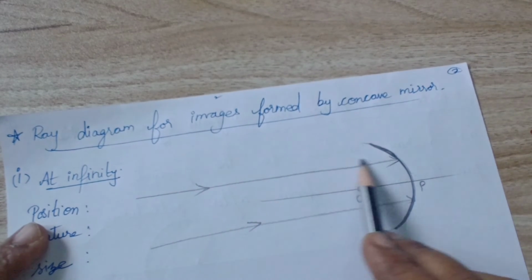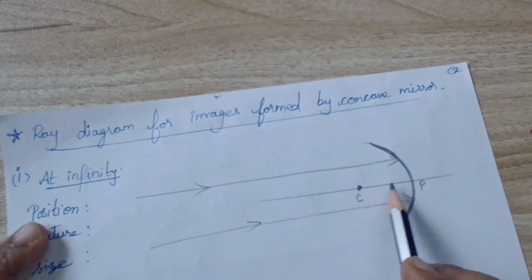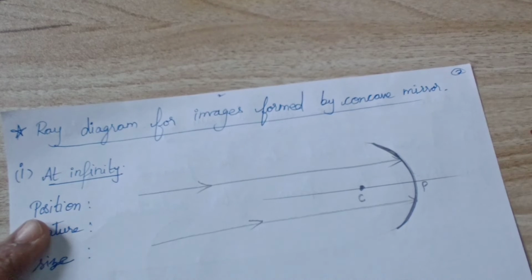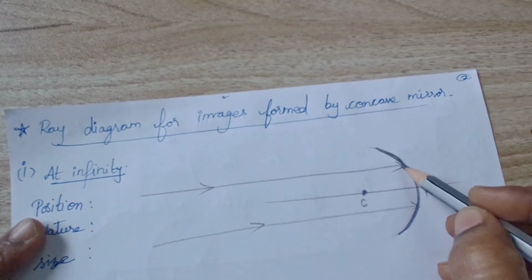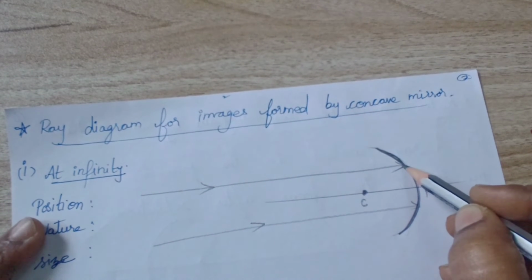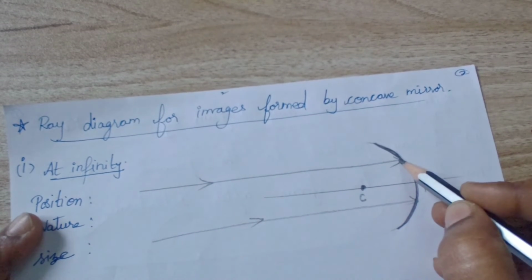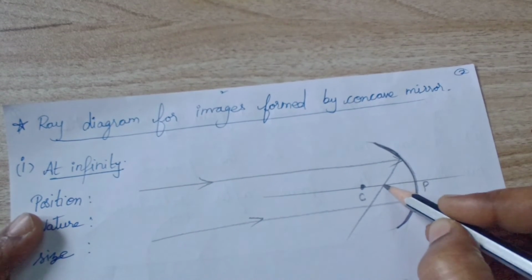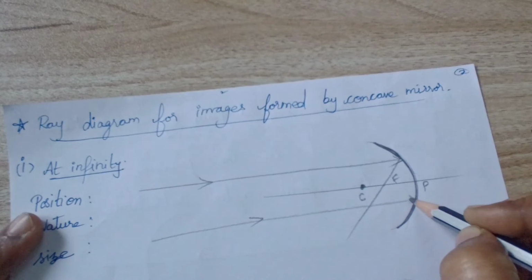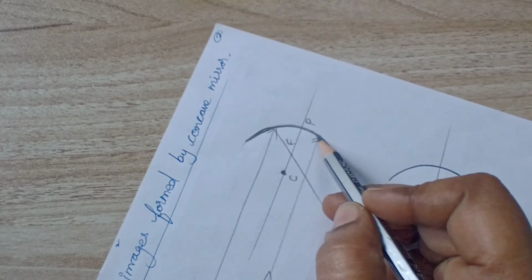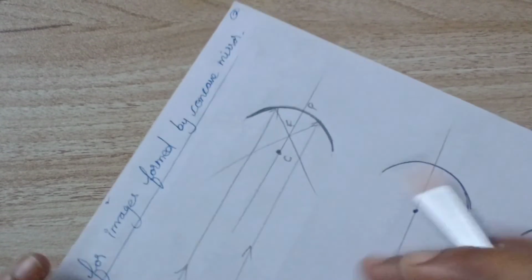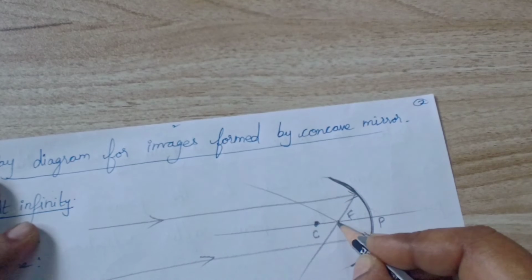When a ray of light is parallel to the principal axis, how will it be reflected? What is the first rule? It will be reflected back through the focus point. So it will be reflected to the focus point F. So it will be like this. So your image